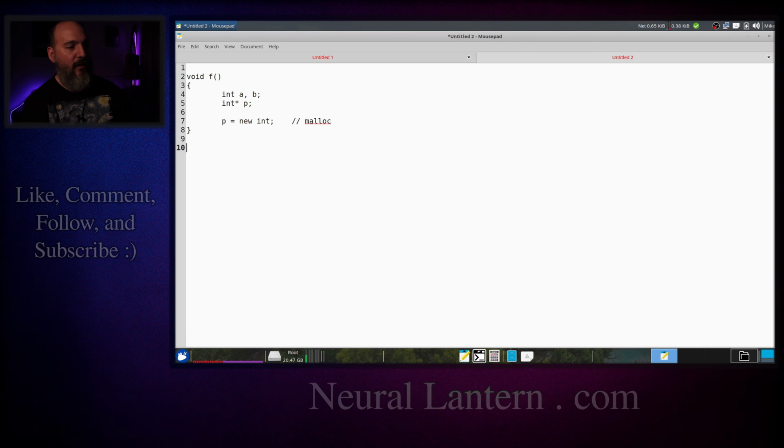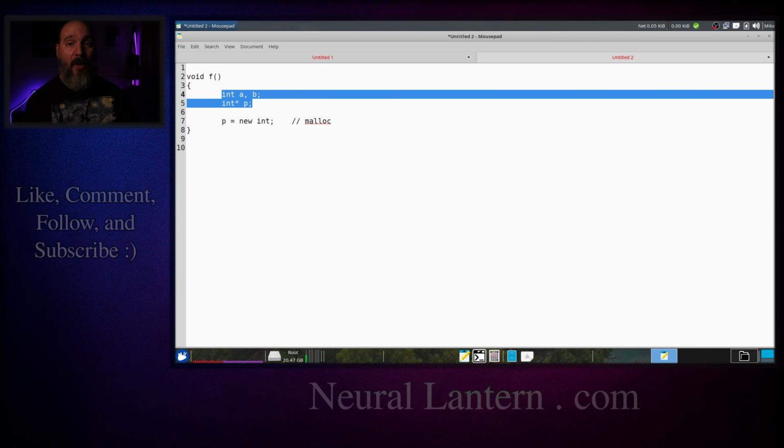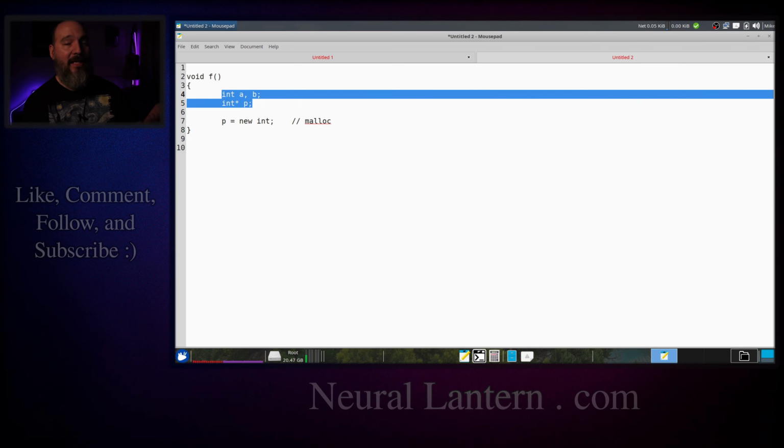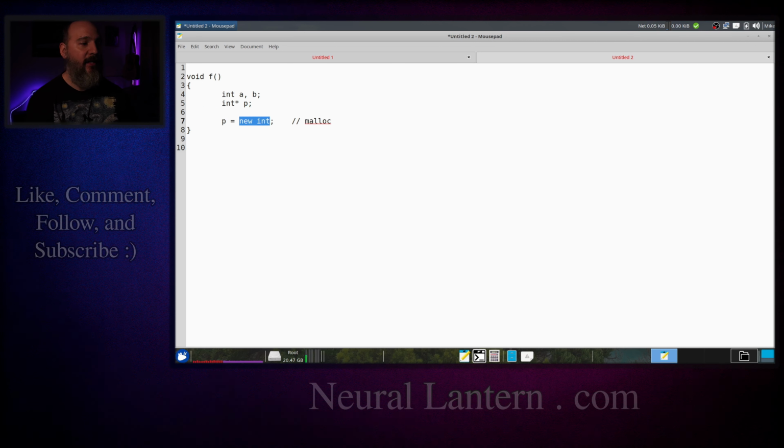And then if we just let this function go to the very end without cleaning up that memory, we would have a memory leak. I should probably do a dedicated video on pointers for people who are interested in pointers in higher level languages later. But keep in mind that when the function ends and you pop the call frame off the call stack, that automatically cleans up all the local variables. So a and b and p itself will be deallocated and not become memory leaks. However, the thing that p pointed to will be a memory leak. That's a topic that's too advanced for this stack video, but I just want you to know the difference between something that exists on the stack and something that exists on the heap. Okay, so then I think the last thing that I need to show you here